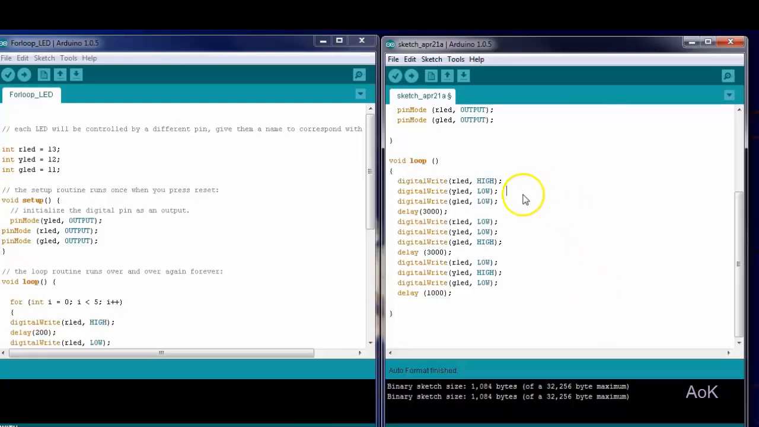In this code, I wanted the red LED to be on high, then the green one, and finally the yellow one. But what if I want each LED to blink a certain number of times before switching colors? Well, I could just copy-paste the code